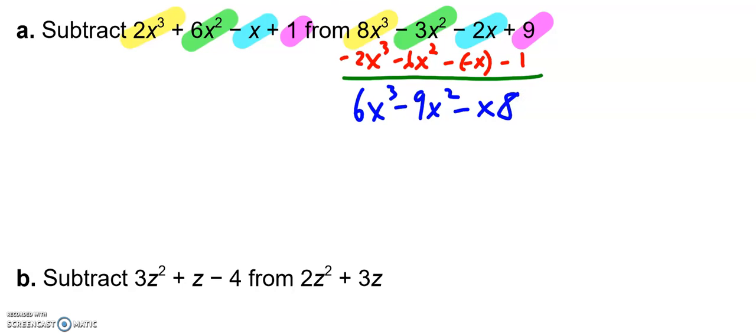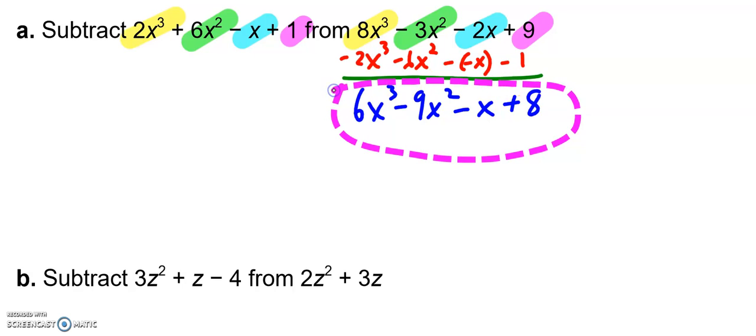Whoops, I forgot to write the plus 8. So our answer is this. Now, I'll be honest, I personally don't like writing the polynomial subtraction this way, but if you like it, go ahead and do that. The way I would write this out is I would actually, and I know this is